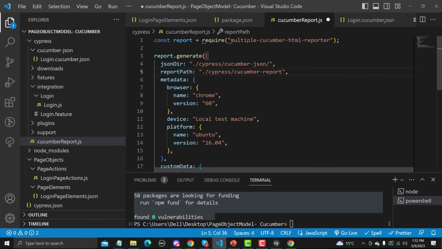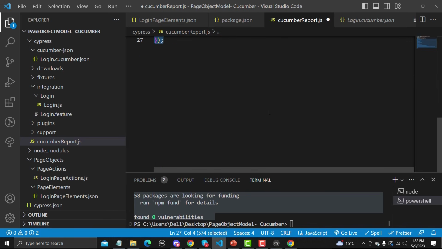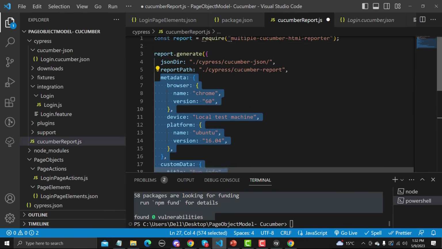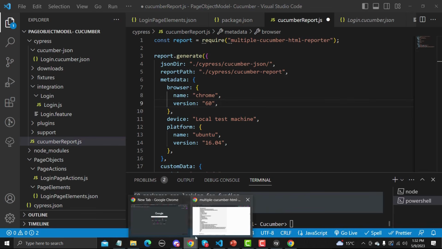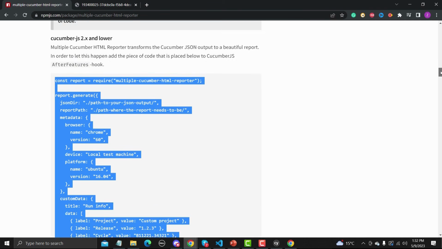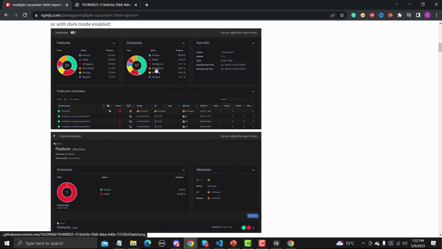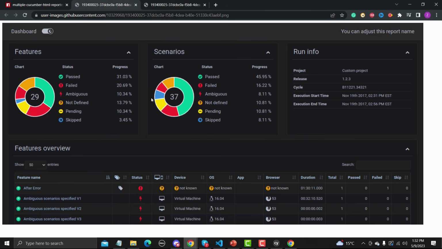And I don't need this meta because I will talk about this one later, but right now we don't need it, because in meta we need to tell the browser version, and we will also be populating this kind of information in the report. So if I go back to the documentation itself and click on this report here, you see that they have device, OS, browser, and all these kind of things.